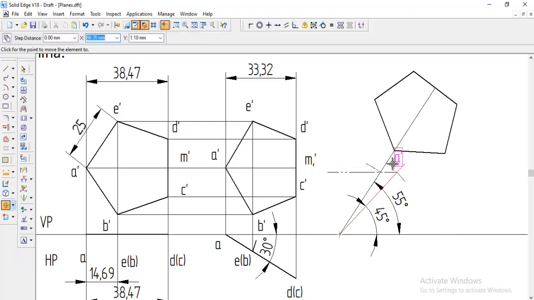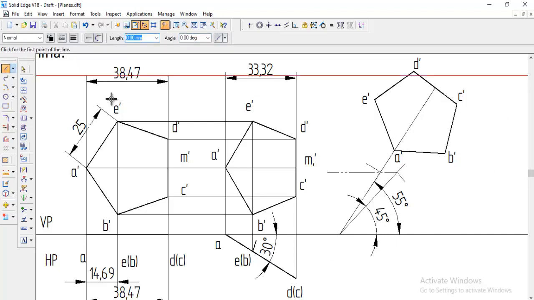A dash, B dash, C dash, D dash, E dash. Right, we got all the points. Now to get the final view, go to light, that is our final top view, normal line, draw the projection A dash. A dash is, that means A is on the XY line, you can draw up to here, we are getting A here, then B dash, so B dash we are getting on this point.